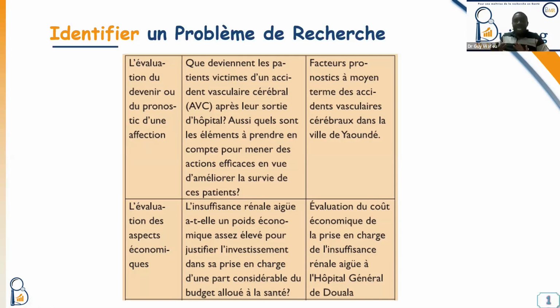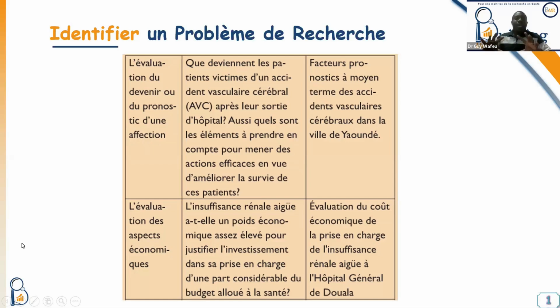So when you are facing that kind of problem, you usually solve it with a study in the axis of evaluating the prognosis or the outcome after a disease. And finally, you have another axis on economic evaluation, which usually will help to solve problems at the level of decision: public health decision, financial decision at the level of health. So usually those kinds of problems will be solved by studies evaluating economic aspects or economic impact in a situation.